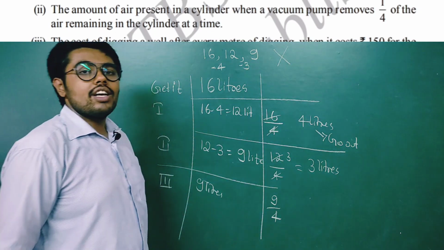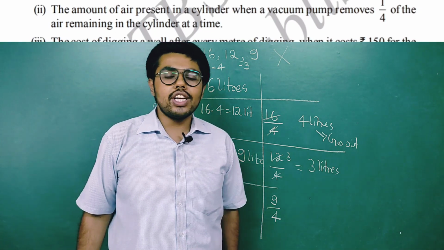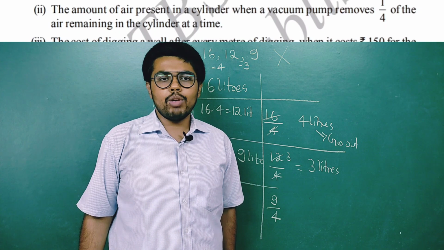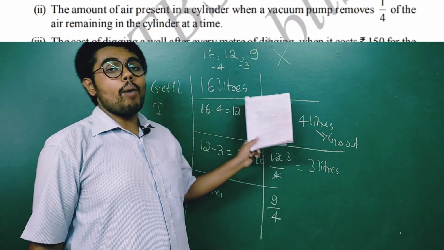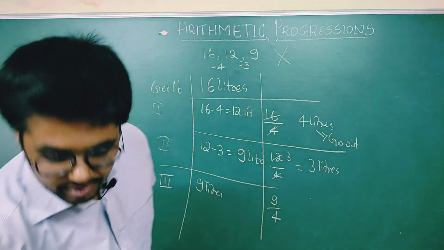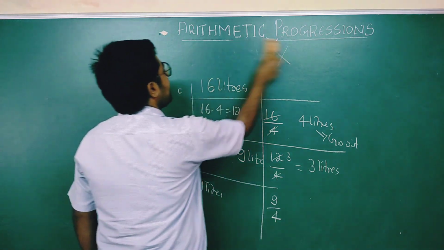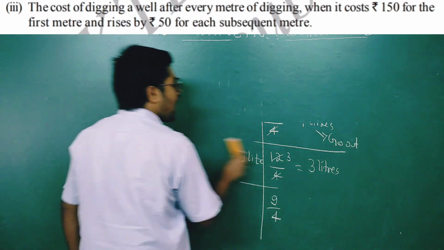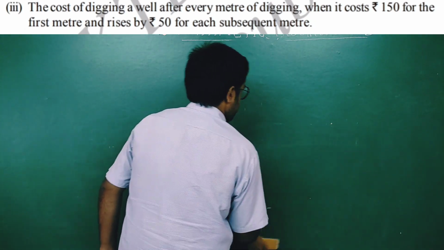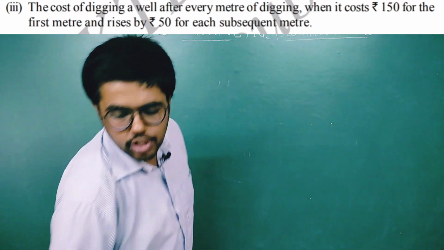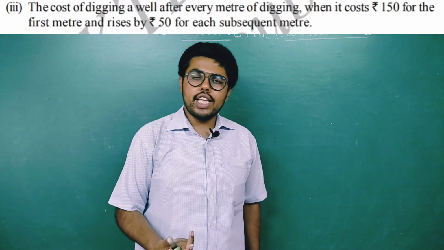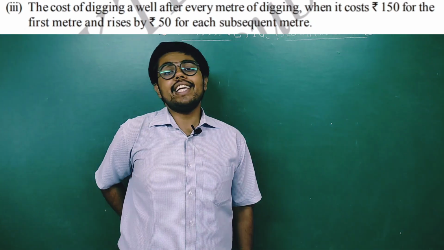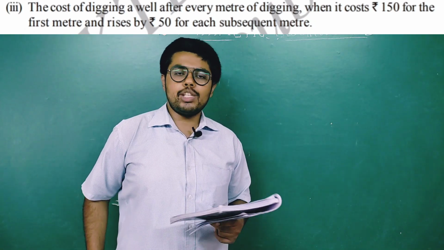So this does not follow a particular pattern. This situation does not suit an arithmetic progression. This cannot be an arithmetic progression because there is no same common difference here. So now let us go to the next one. I hope you understood this problem. I have assumed that it has 16 liters; you can assume it as 20 liters in the beginning. That is how I approach this problem.